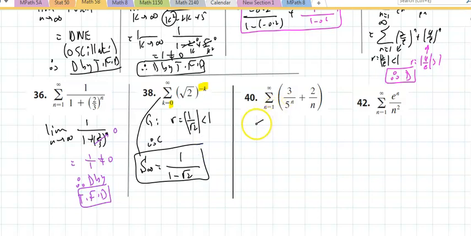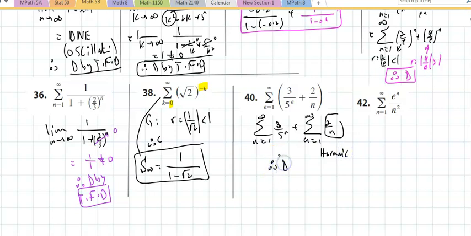How about here? Well, this is the series n equals 1 to infinity, 3 over 5 to the n, plus the series n equals 1 to infinity of 2 over n. This is harmonic. For now, you're going to say harmonic. Therefore, diverges. And if I look at